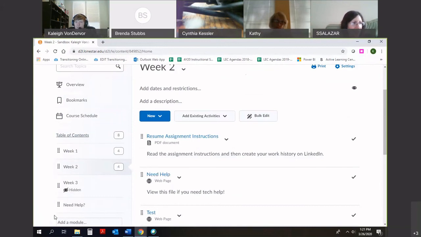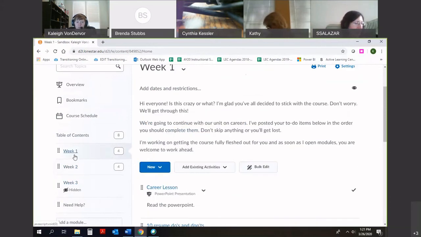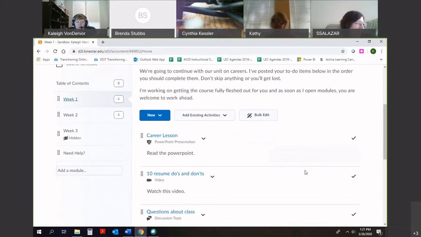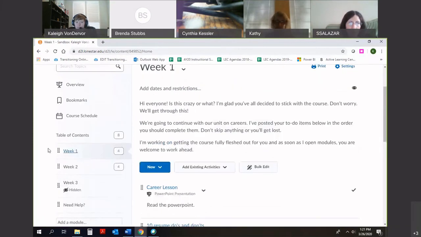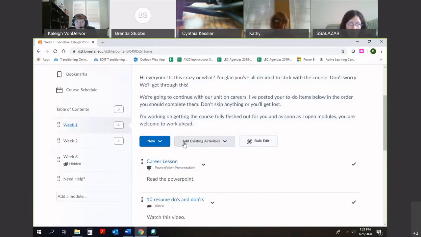And here you see I've arranged my content by weekly modules. You can arrange yours bi-weekly or by units, however you prefer to do it. But whichever module your assignment Dropbox should be in, you're going to want to navigate to it. And then once you're in it, what you'll do is come over here to add existing activities, choose that, click